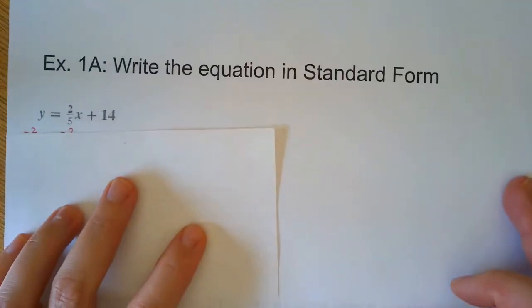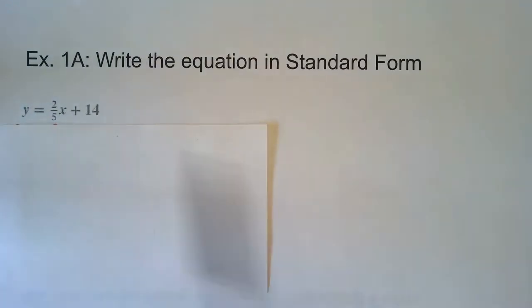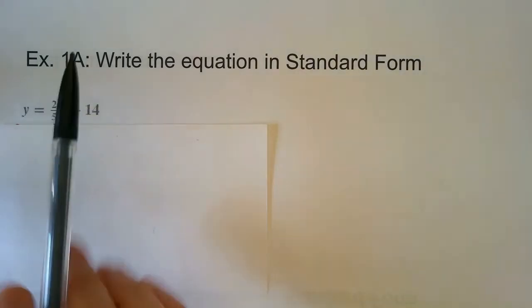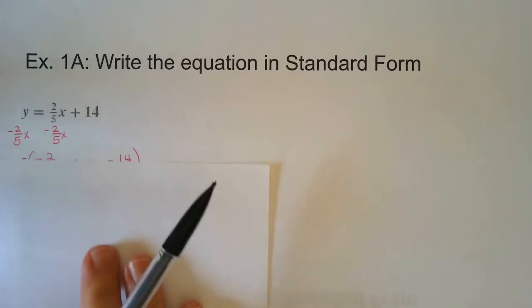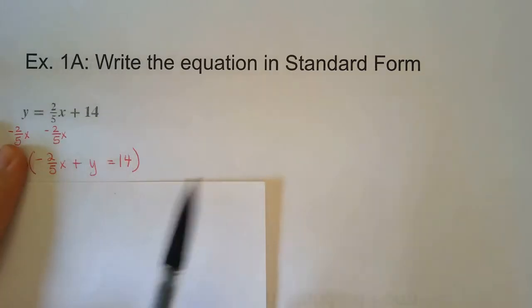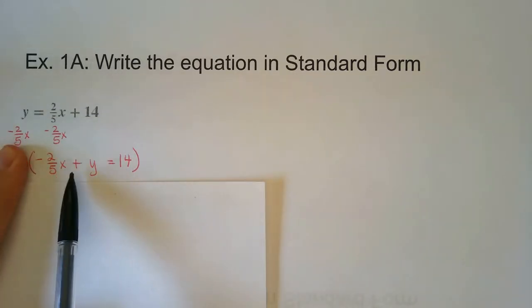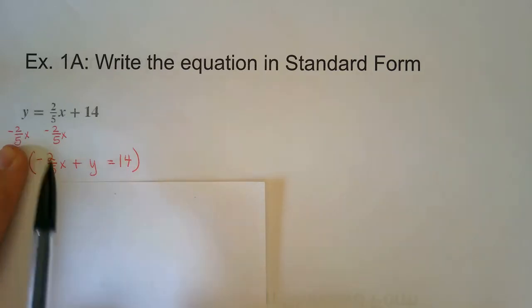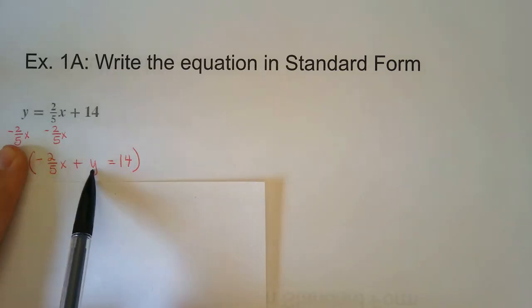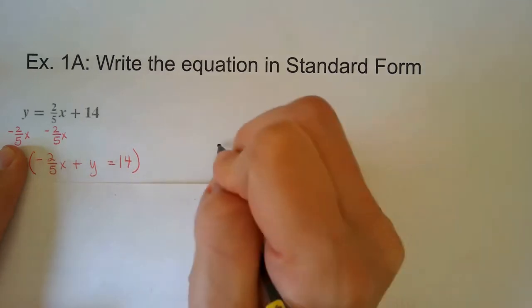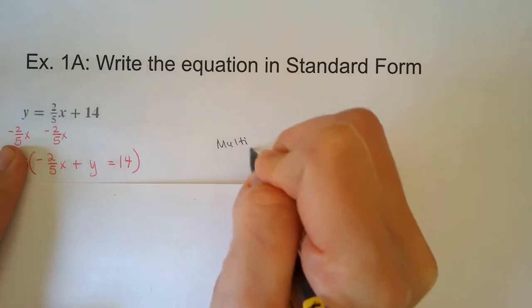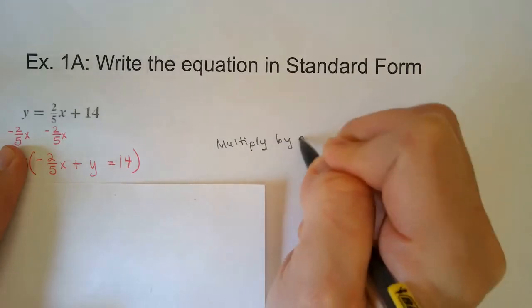So on this first example, we first have to rearrange the example so that it is in the correct form. So I would want to minus my 2/5 x to the other side so that the x and the y are together over here. Once I've minused it over, I would have negative 2/5 x plus y equals 14. I can't have any fractions, so to get rid of the fractions, you'll always multiply by the denominator unless